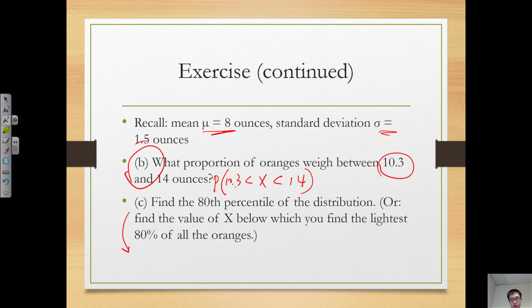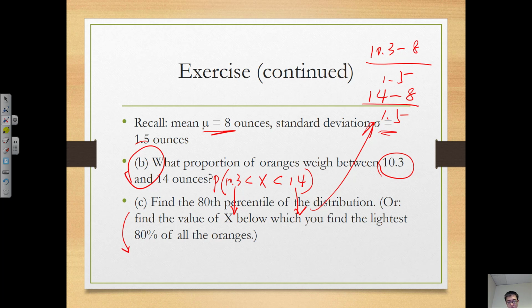So you first convert this one to a z-score, and this one to another z-score. For 10.3, you calculate 10.3 minus mu, which is 8, divided by sigma 1.5. And this z-score is 14 minus 8 divided by 1.5. This is the z-score of 14. And then when you have these two z-scores, you just look at the table and find out the probability or